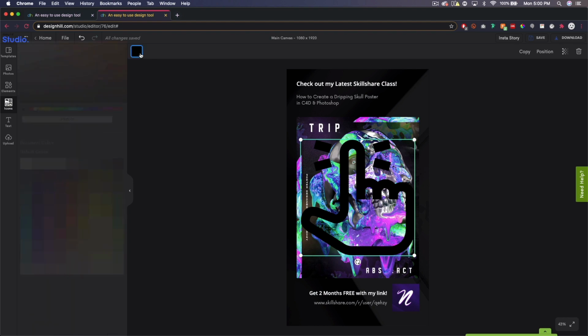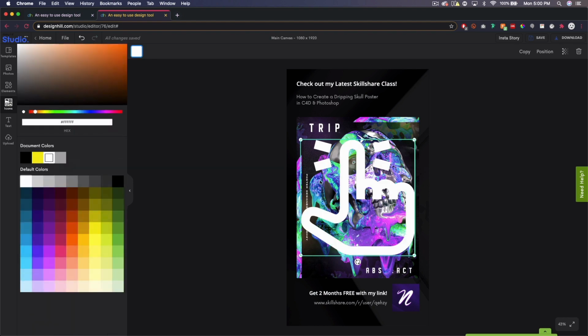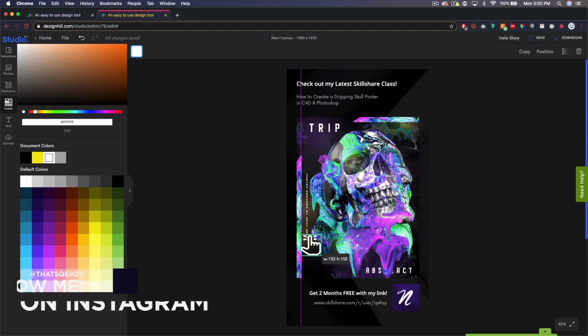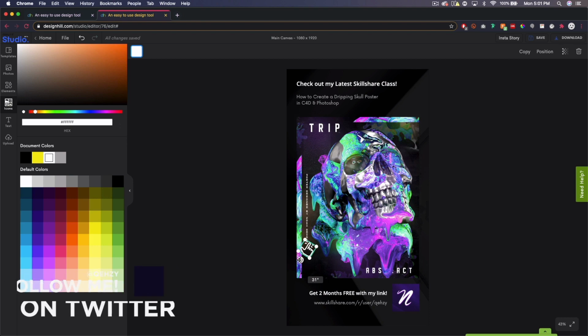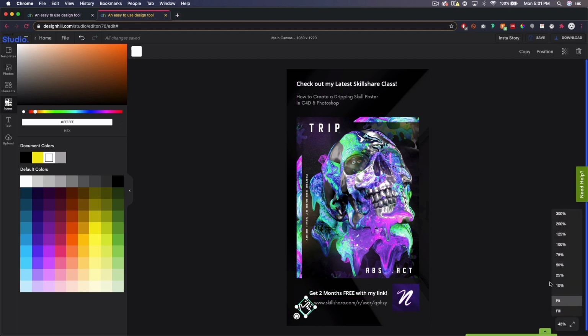It's black right now, so I'm going to click the square to change the color, and we're going to make it white. And then I'm going to decrease the size, and you'll notice one thing we haven't touched yet is rotating things, and you'll see there is a rotation button there. So I'm going to rotate it maybe 45-ish, this is 46. And let me zoom in,